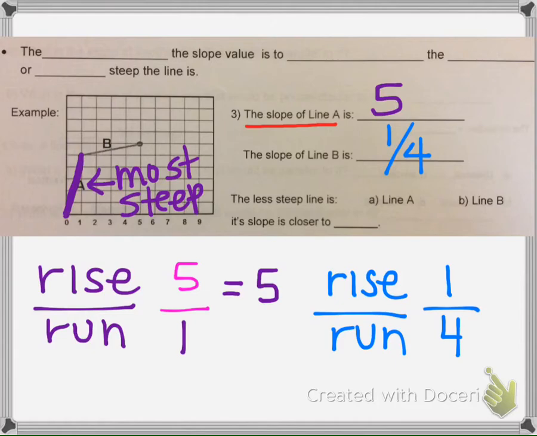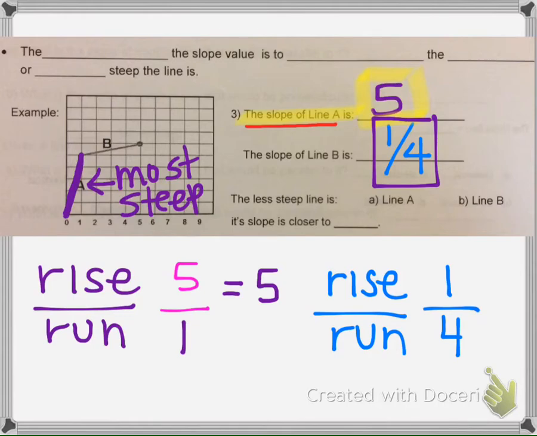Well, if we take a look at the answer for A, we got 5, which is much higher than 1/4. So what I want you to see here is when you get a high number, now again, slopes are pretty small numbers here on our graphs, but